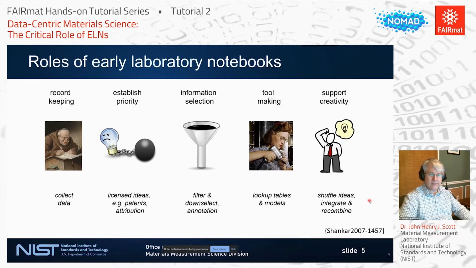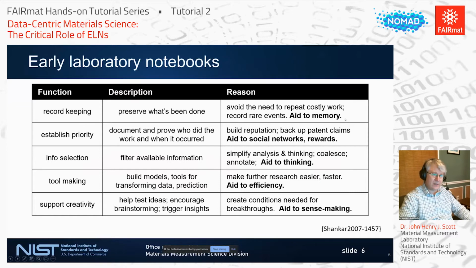And then, of course, it supports creativity, the idea of recombining and shuffling ideas around, integrating and synthesizing concepts, and then proposing new hypotheses and perhaps suggesting additional experiments that may be helpful. So really, these notebooks have traditionally been an aid to memory,